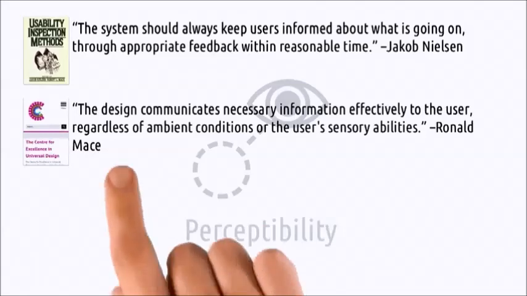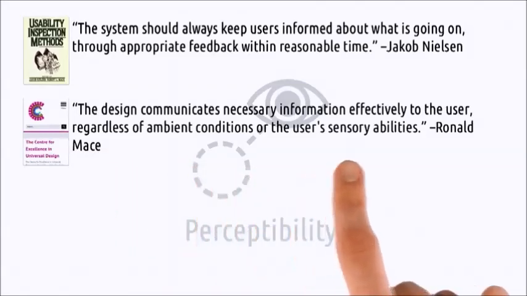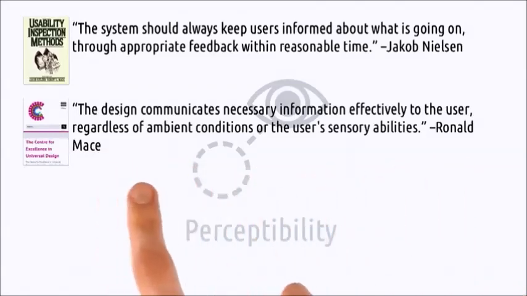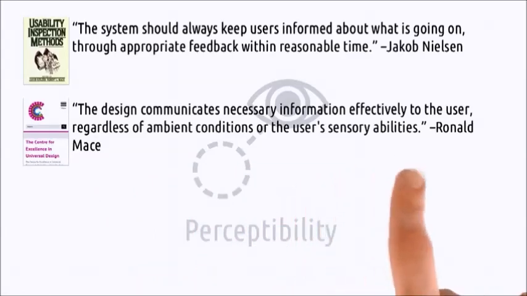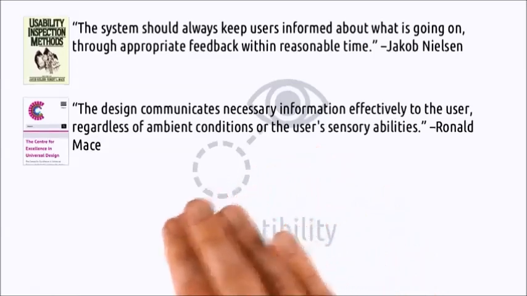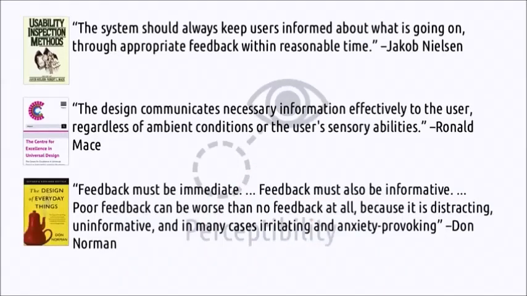Universal Design notes that the design should communicate necessary information effectively to the user, regardless of ambient conditions or the user's sensory abilities. In other words, everyone using the interface should be able to perceive the current state. Note that this is also similar to Norman's notion of feedback. He writes that feedback must be immediate, must be informative, and that poor feedback can be worse than no feedback